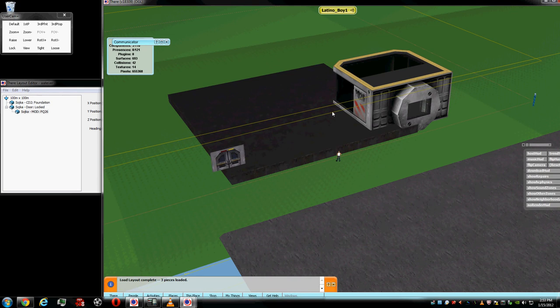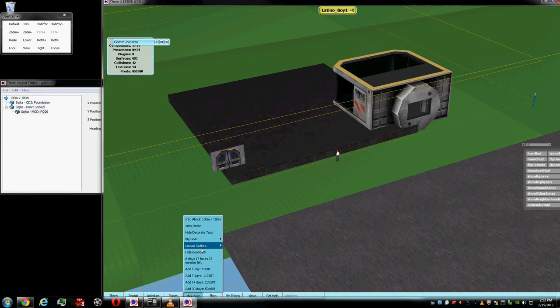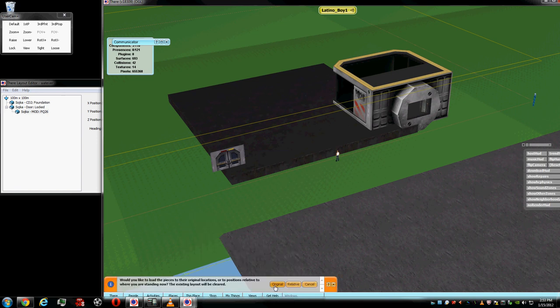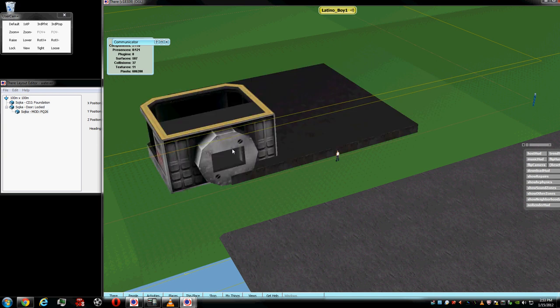That what moved here is not the door, but the PQ26 is what moved. So what I'm gonna do back over here, readjust it the way it was, because that's what we're moving. Paste, file, save. This place, okay. Layout, load layout. Whatever. Back to the original, and that should lock up again with the PQ26 as the way